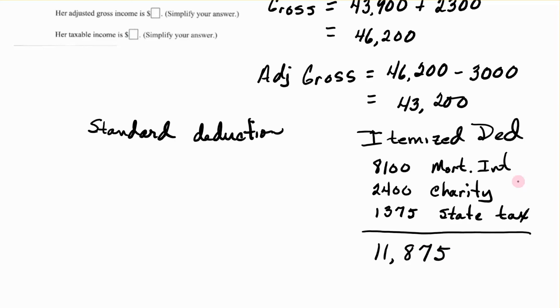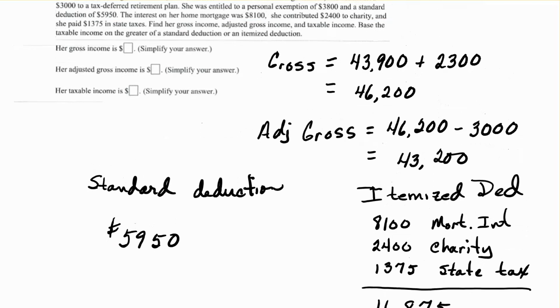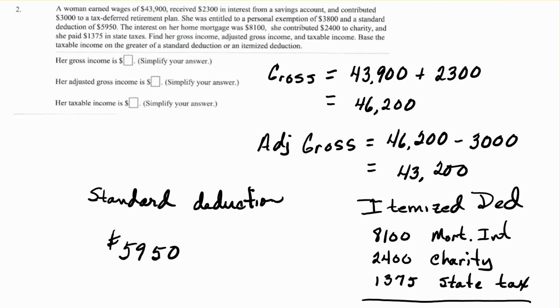Now, there is such a thing as a standard deduction. The standard deduction is $5,950 for the year that this was designed, and let's see, here it is. She's entitled to personal exemption. Okay, we'll get that personal exemption in just a minute, and a standard deduction. Okay, she could use those two. Or you can figure out her itemized deduction. All of this,